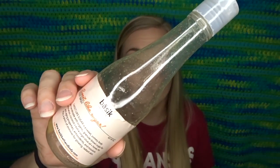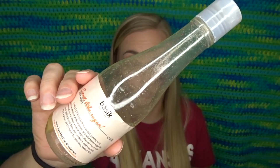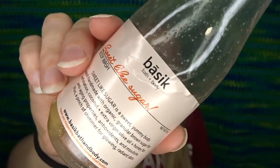Next, okay, I got this body wash in the Dot Box for April. This was from the brand Basic. I think it's like a smaller company, Basic Bath and Body. This was just a body wash, but it was an exfoliating body wash